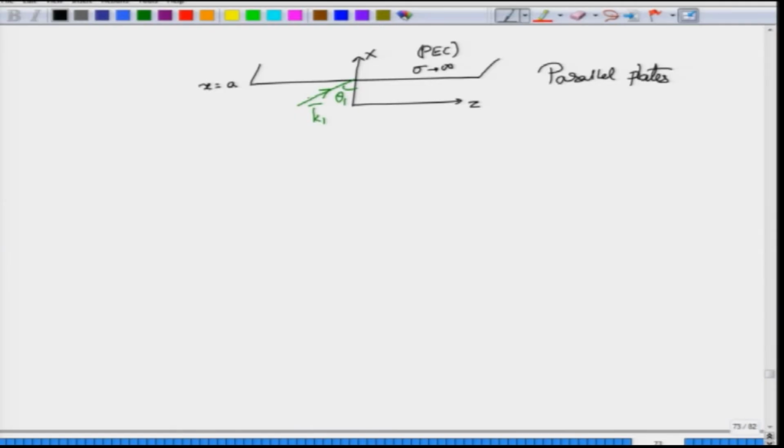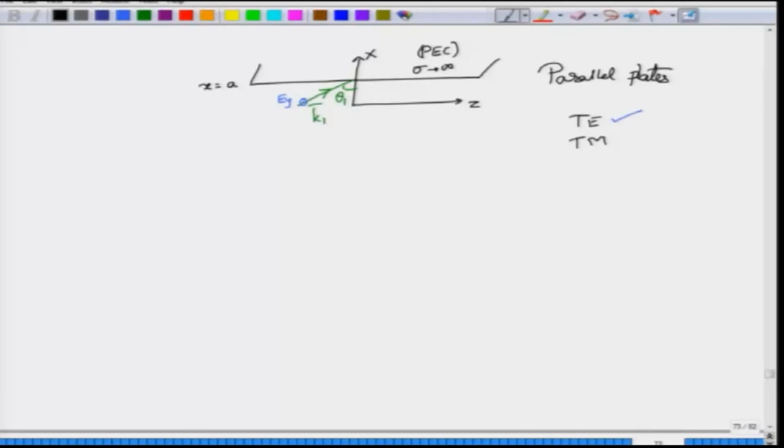Now, you have to pause the video and think a little bit about what way I should put the electric field in, because I know that obliquely incident electromagnetic waves can be either TE polarized or TM polarized with respect to the plane that we are considering. So, I will have to pick something. I am going to assume that the electric field is along the y direction, making transverse electric the case that I am considering. This has been done just to simplify some of the steps. However, I would strongly urge you to carry out a similar analysis using TM equations as well. Okay.